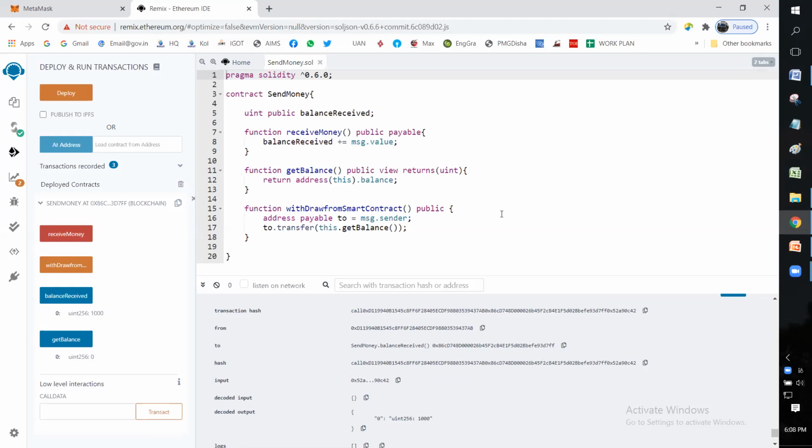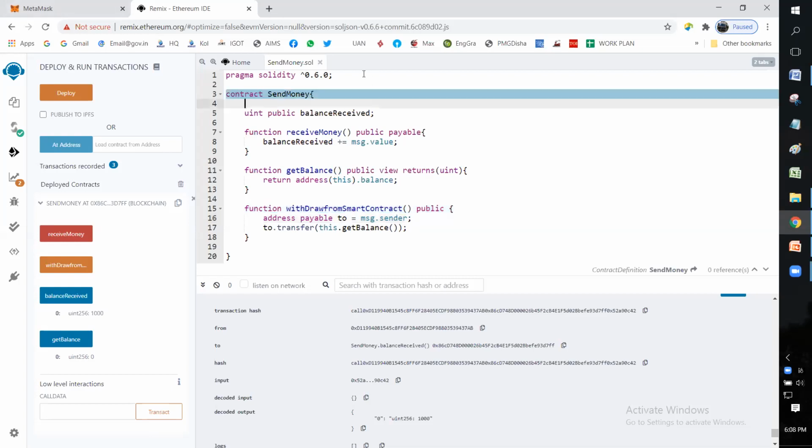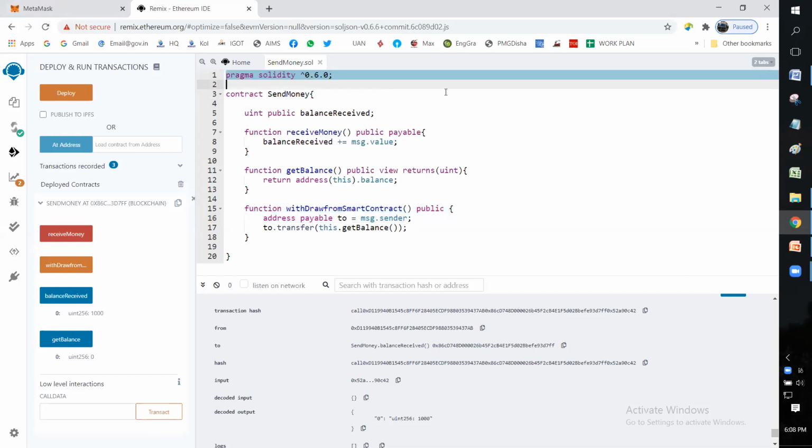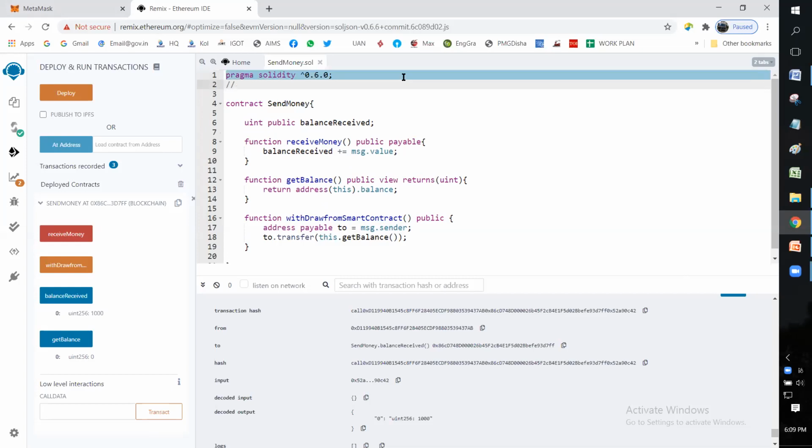So in this session we have learned how we can write a smart contract which can receive some money, which will also enable you to check the balance of your smart contract, and which will enable you to withdraw the amount which is there in the smart contract, right? Apart from this, some other things I wanted to tell you about Solidity in Remix, like how you can comment a line. You can use it by //. You can comment the line.